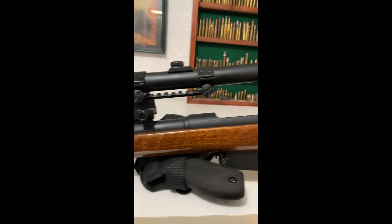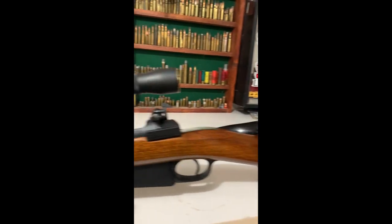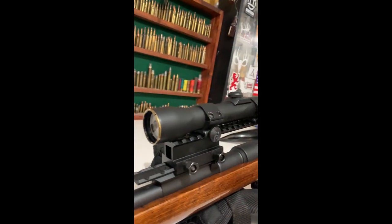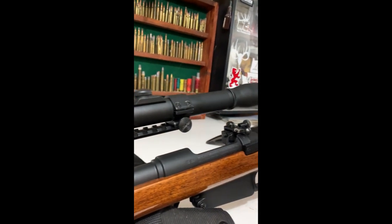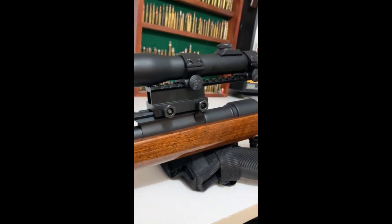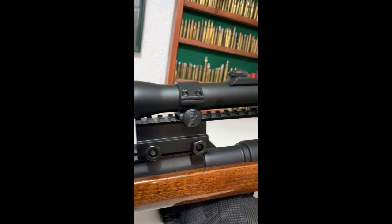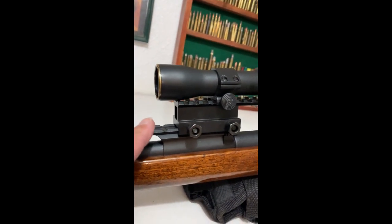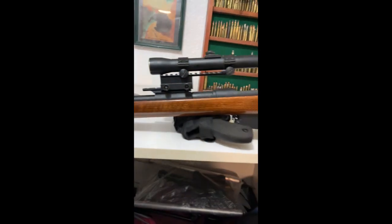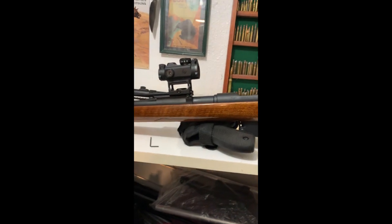So here it is, guys. This is an 1891 Argentine Mauser, and it has a 1930s Weaver scope on here, and it's a German Polster scope. It's really cool, and it's set up on a cantilever type of a mount that sits on this S&K original rear sight mount. But I'm going to switch gears a little bit with it to a much smaller, sleeker red